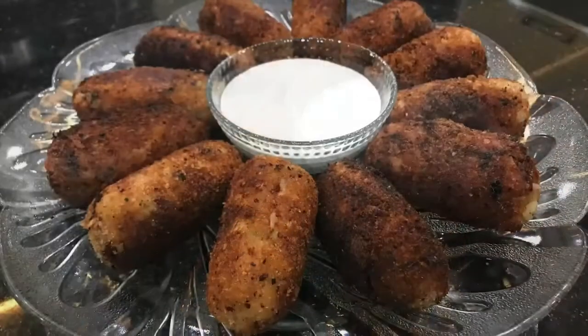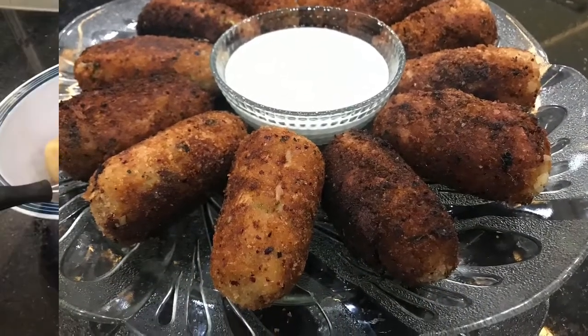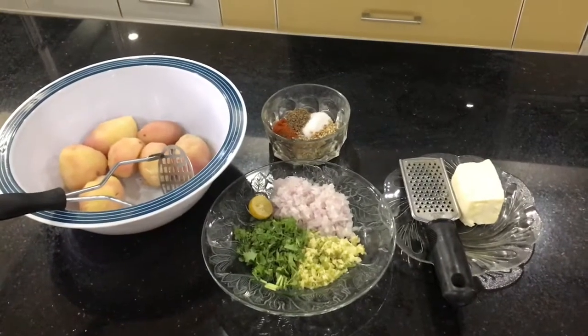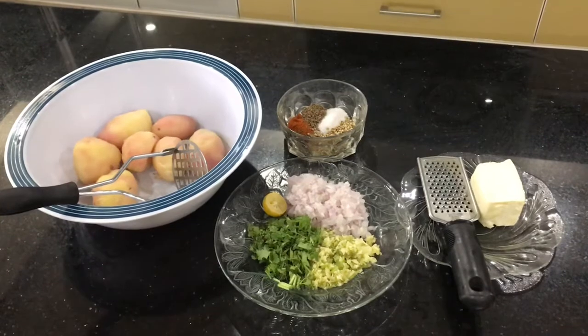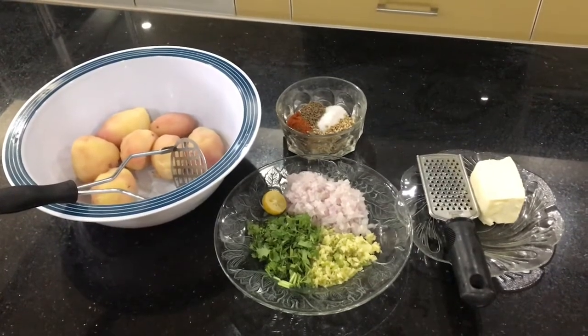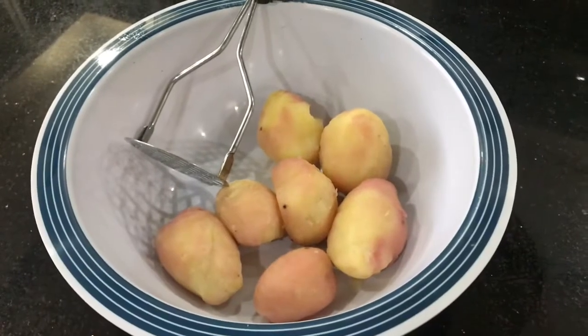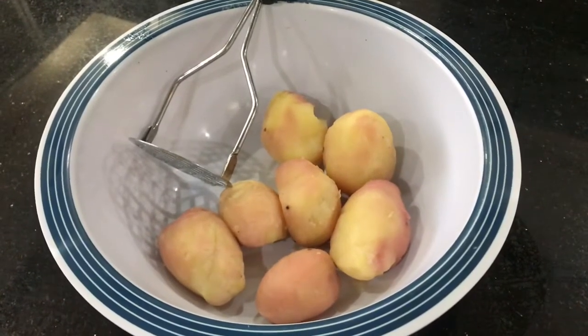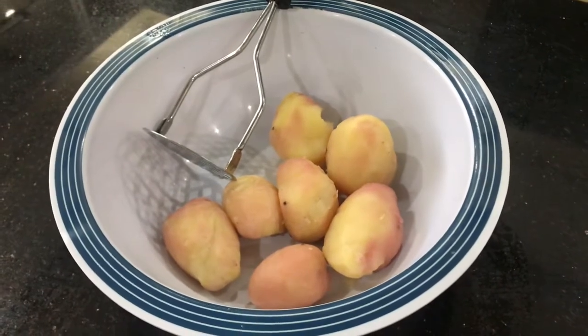Today I'm going to share with you all a very easy and delicious recipe of potato and cheese croquettes. Croquettes are basically a side dish or snack made with potatoes, and it's in cylindrical shape. You'd be needing obviously some boiled and peeled potatoes, and to it we're going to add a few other ingredients, and those ingredients are